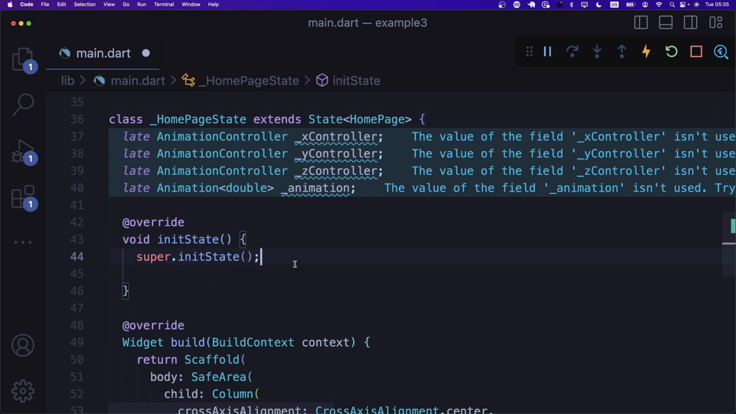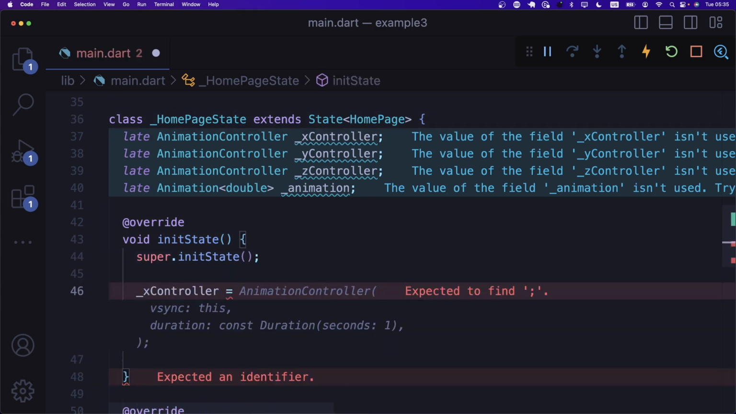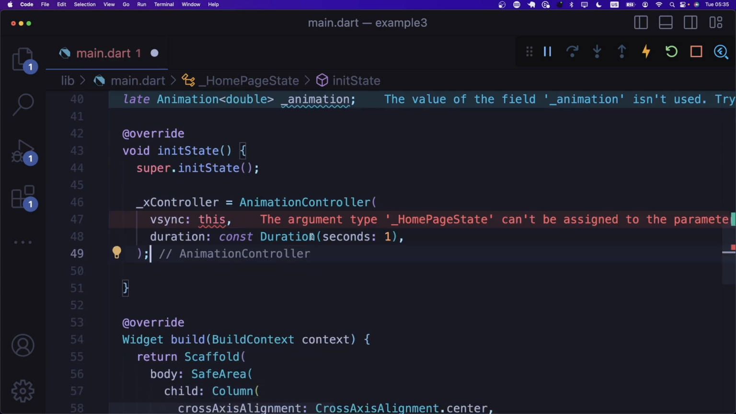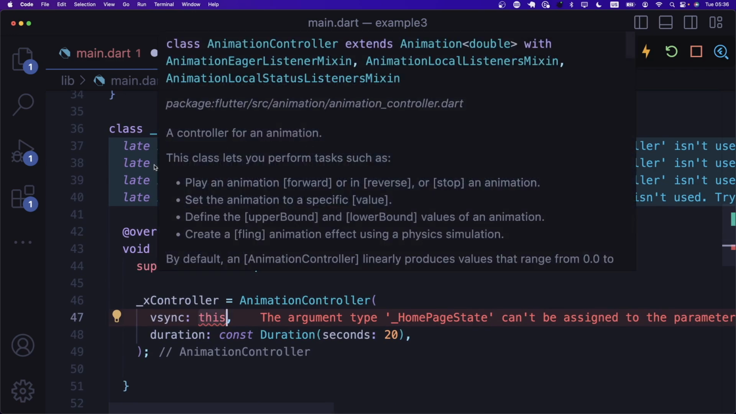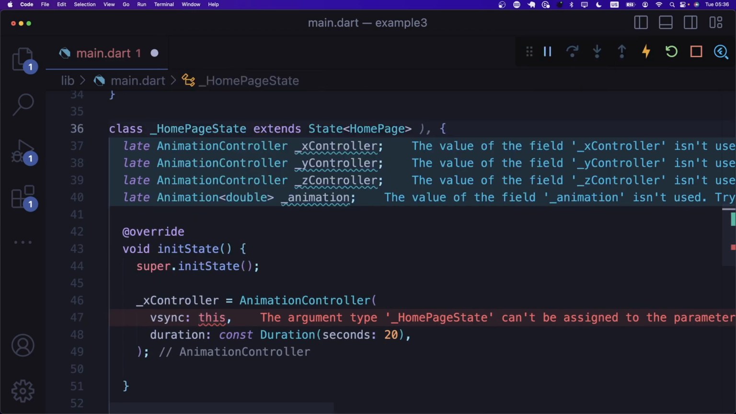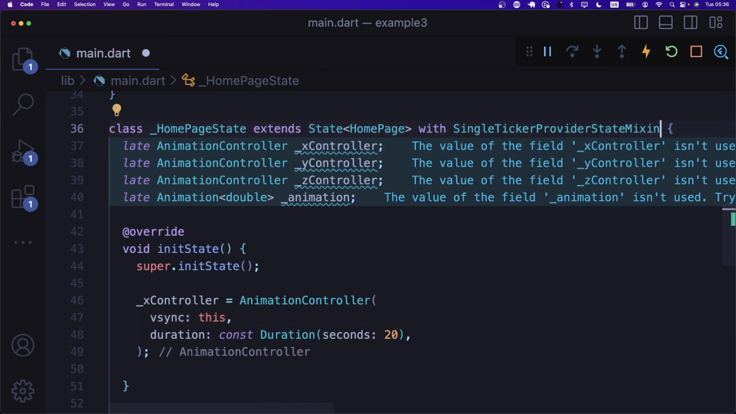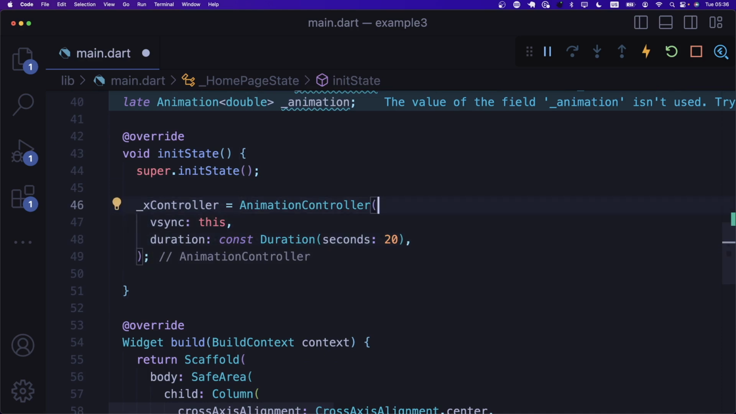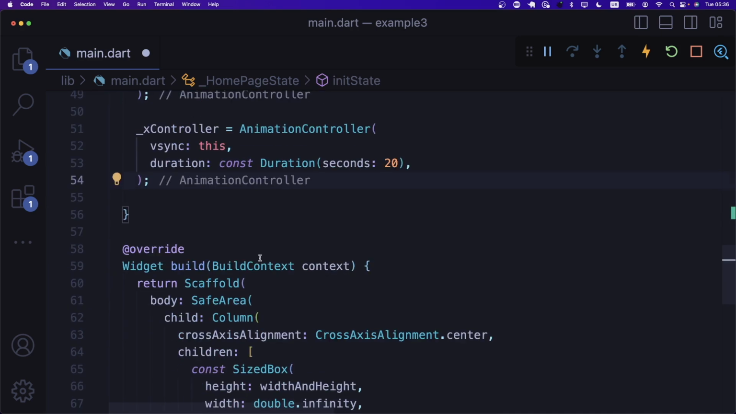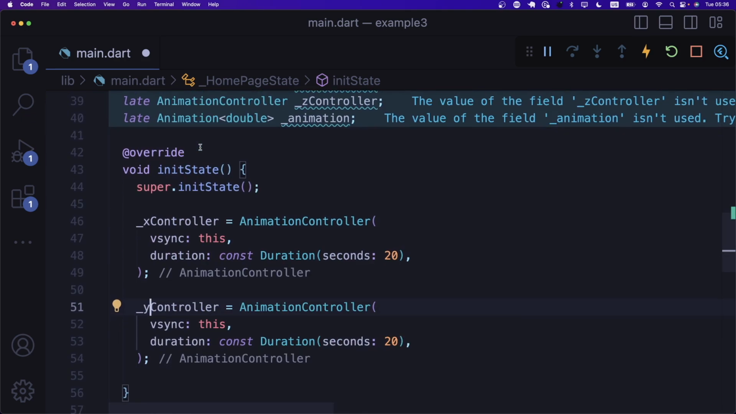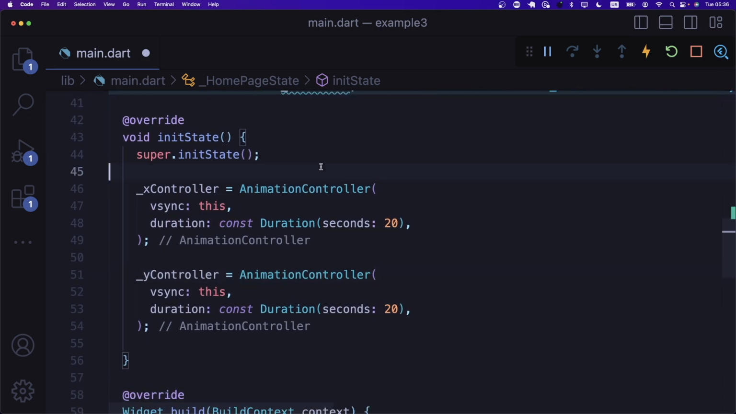We're gonna have to create the X controller. We say this is an animation controller. Let's say it takes 20 seconds. And VSync, we're gonna have 3 animation controllers in here, so we can't use a single ticker. So we can't say single ticker provider state mixin, because we're going to have multiple animations, as you'll see in here. If I go ahead and create a Y controller, and I say Y controller is like that, somewhere we should, oh, right, we don't get a compile time error, but if you run your application, you will get a